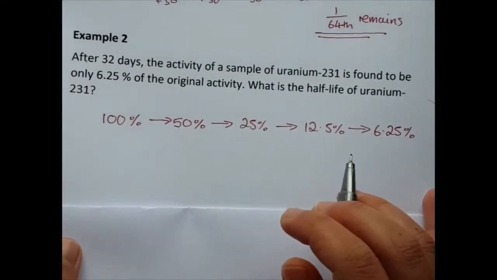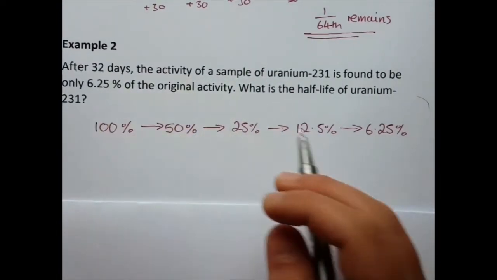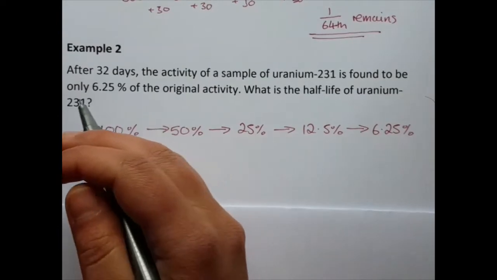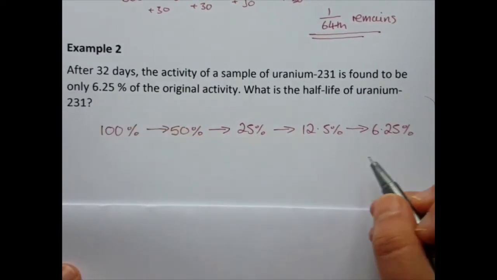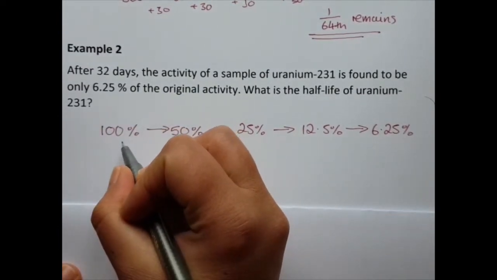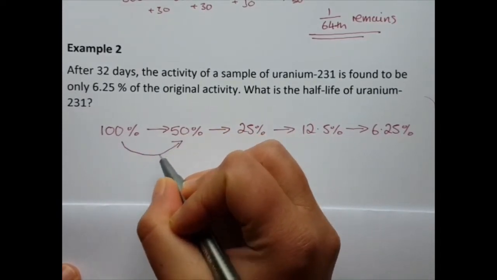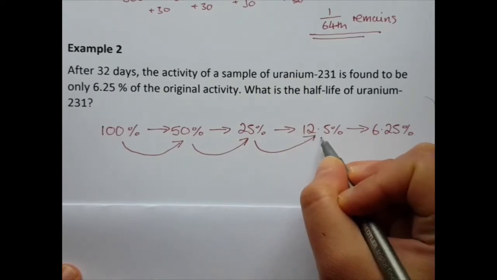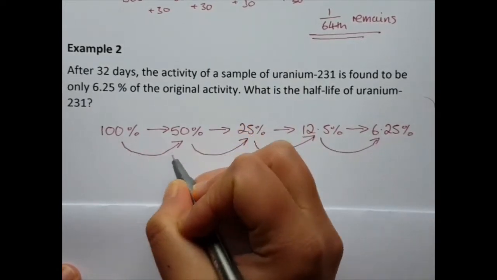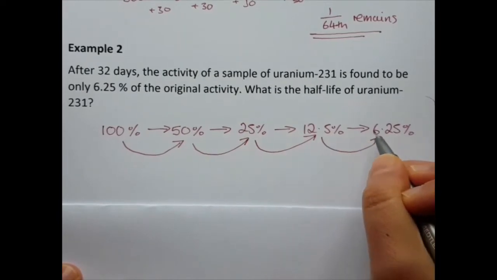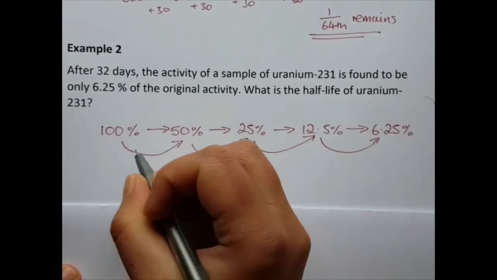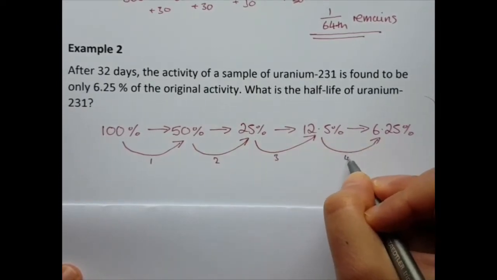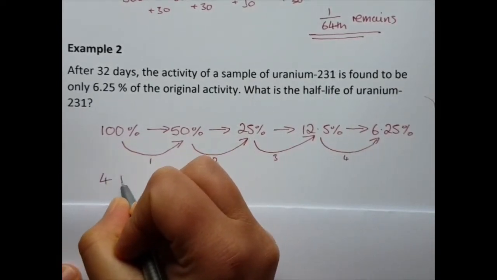This time, we don't know how long. Oh no, we do know how long it is. We know that this whole time is 32 days, and we know that we're looking for 6.25% of the original activity. So we don't know how long each half-life is, but we can work out how many half-lives there are altogether just by drawing our little curly arrow from one fraction to the next. So each curly arrow represents one half-life. So that's half-life 1, half-life 2, half-life 3, half-life 4. So what we find is we've got 4 half-lives